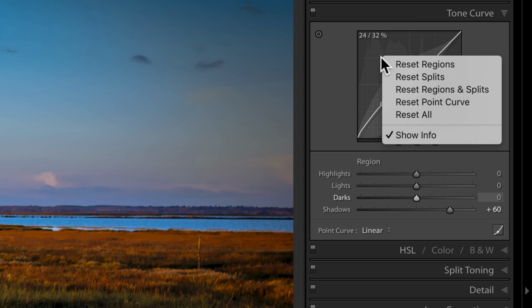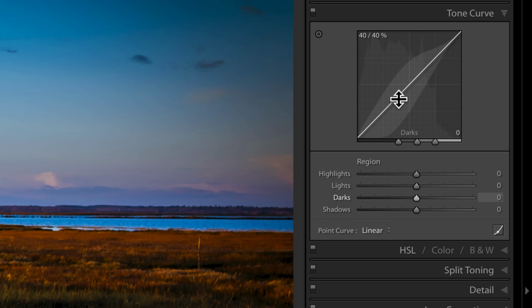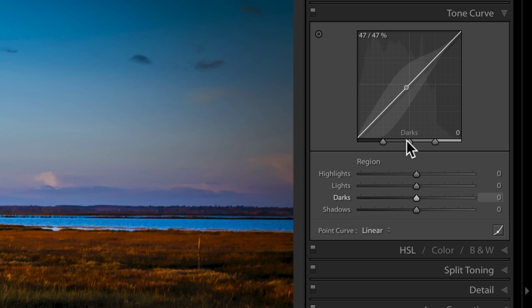Now, if you right-click, you've got reset regions. All it does is just flatten the curve off. It's not a very intuitive tool in this respect with these things like splits. So if I reset the splits, I've got the splits back. But if I do that change again where I move those shadows down or make the shadows smaller or whatever,